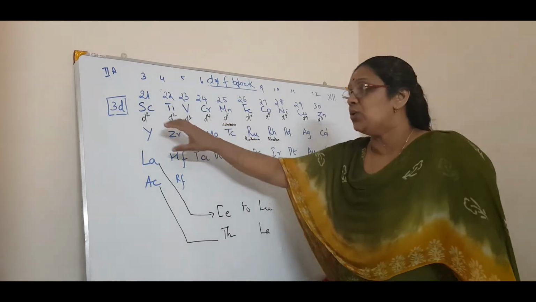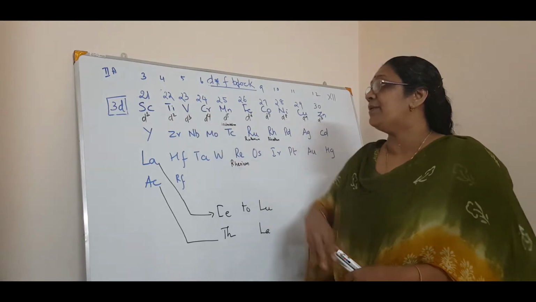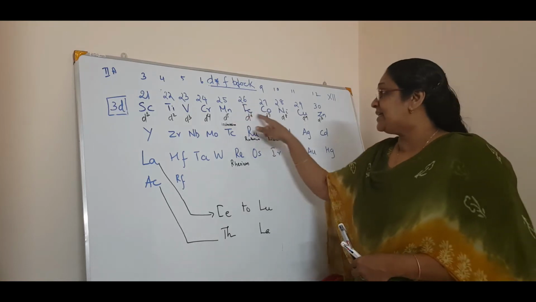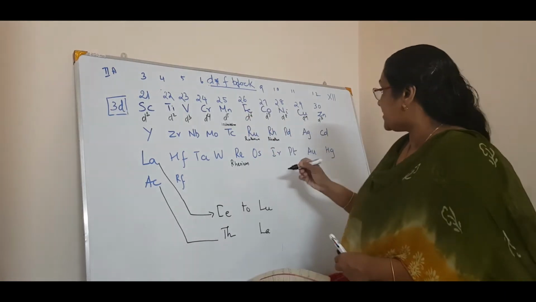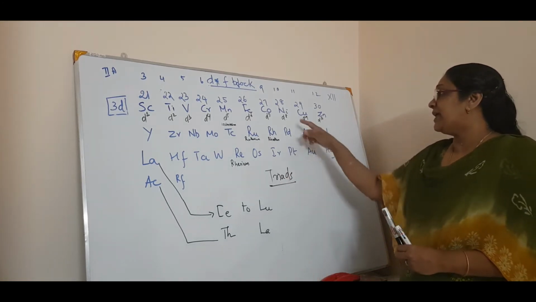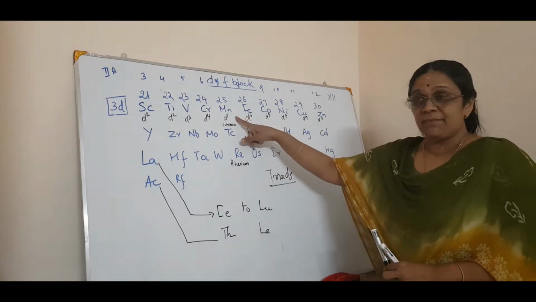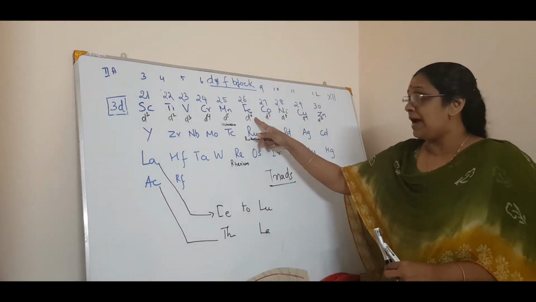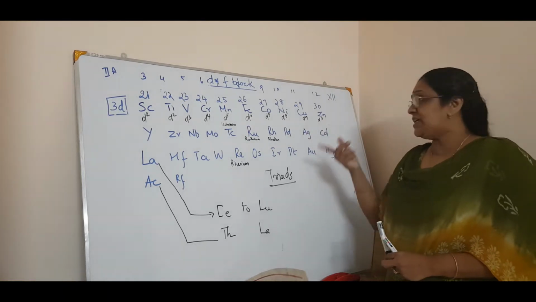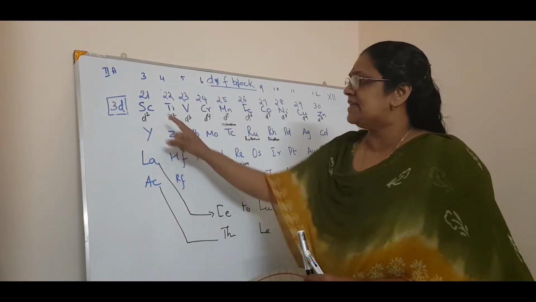So once again I will repeat the elements, that is scandium, titanium, vanadium, chromium, manganese, iron, cobalt, nickel. These are called as triads. What is it? Triad. That means 3 elements. Okay, triads. Then iron, cobalt, nickel, copper and zinc. Normally you are familiar with manganese, isn't it? Then you are familiar with iron in the lab. Then nickel also in the 4th group. Okay, now copper, you are using copper and zinc granules. So you are familiar with almost all the elements in the 3D series.